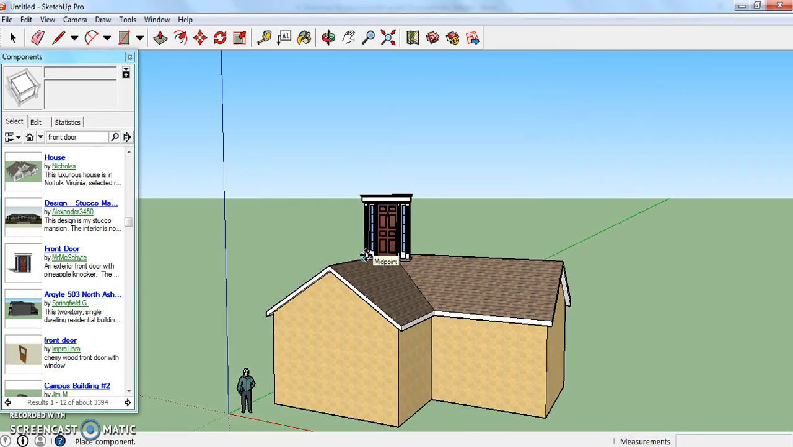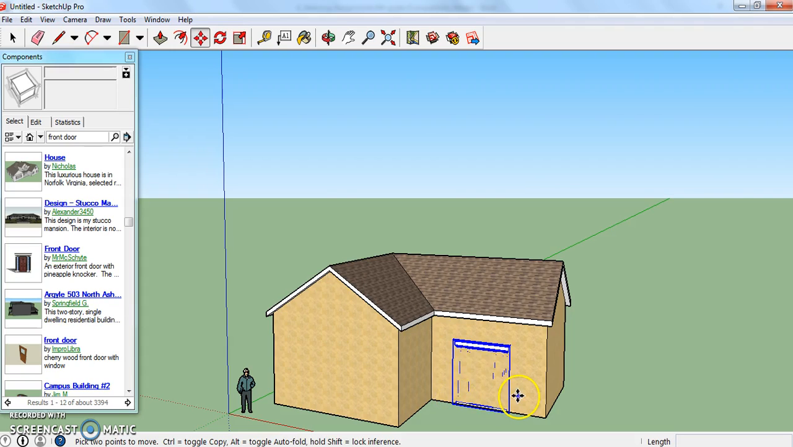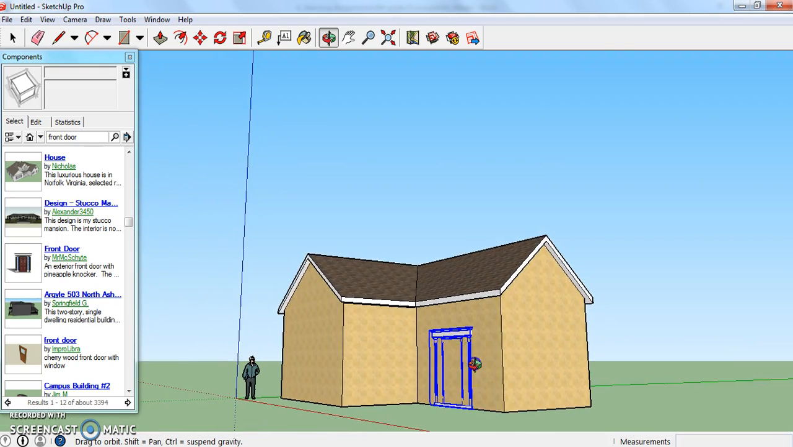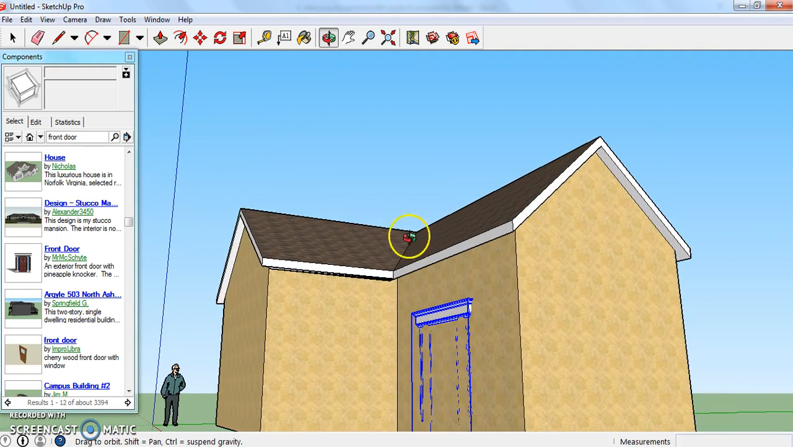And then let's place this. Remember, the front door goes right here on this particular face. So then let's click. Notice how it kind of pushed it into the wall a little bit. So this is where we're going to have to tweak. So let's come over here, and this is where we're going to need to use our move tool a little bit. So I'm going to pan and orbit,